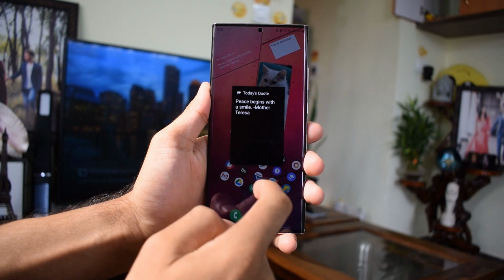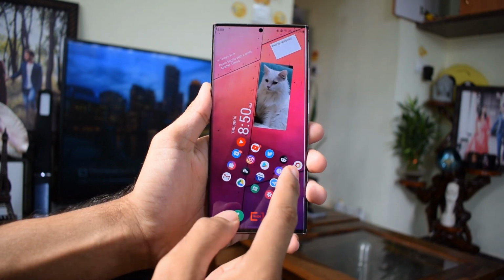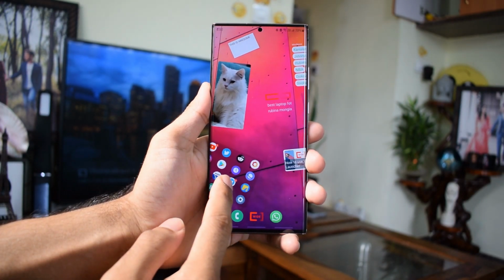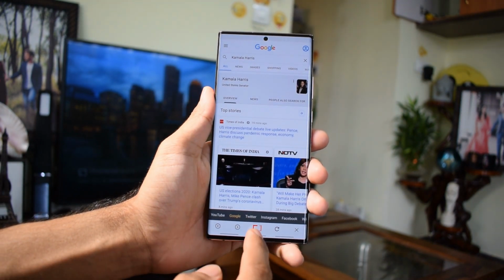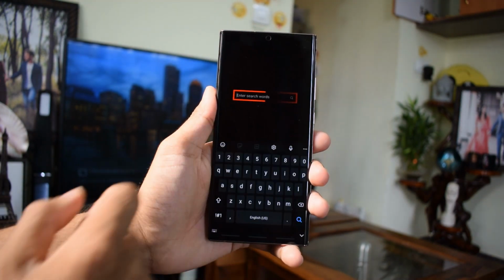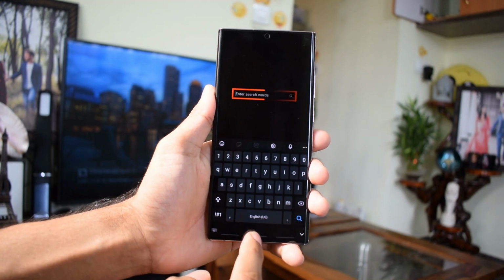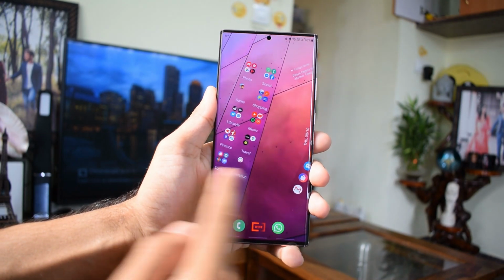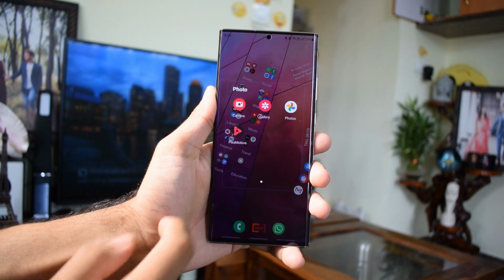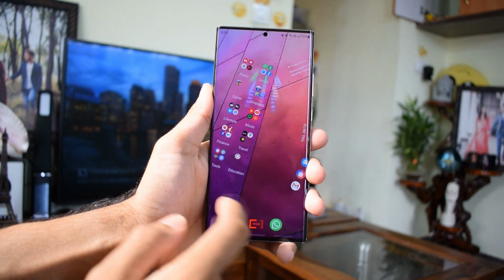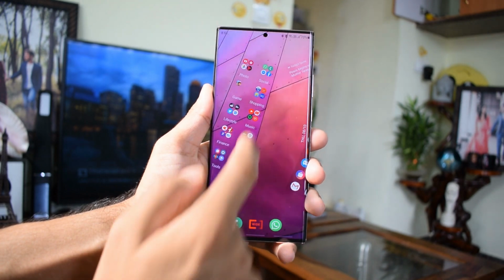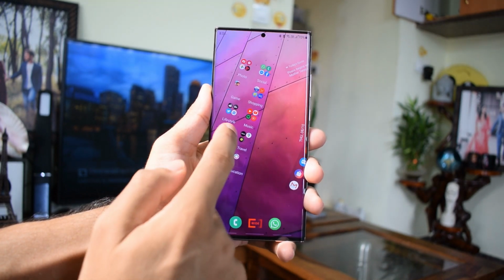Now let's just slide this. Here you see mini news which can be clicked to go to the web page. We have a small Google search bar here. Now let's slide to the left. Here you can see some folders which are automatically created by the launcher by grouping the applications depending on its functions, and just look at the animation when you touch the folder.